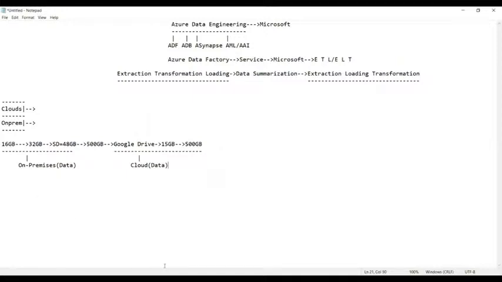Now, nowadays, are we storing data on an SD card? No, most of us are not. We have moved from physical data to cloud data.